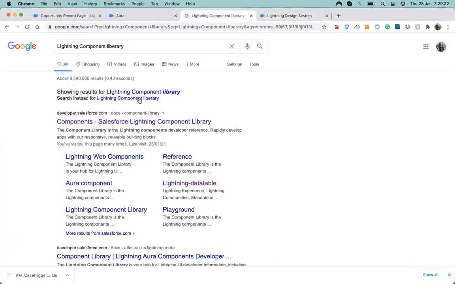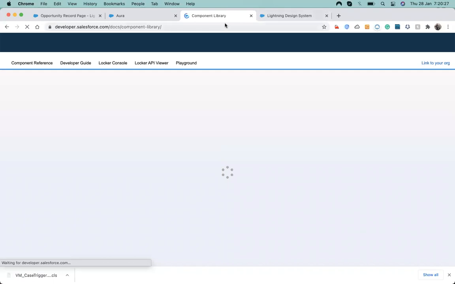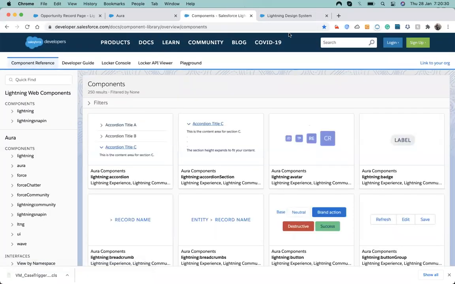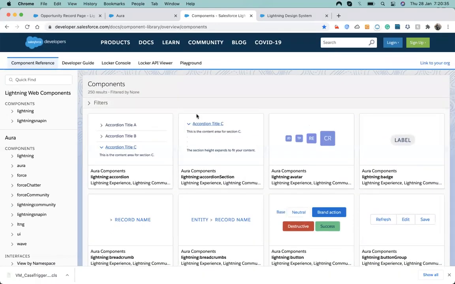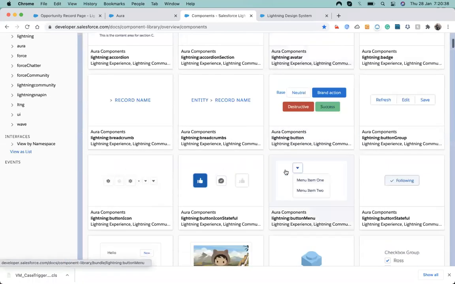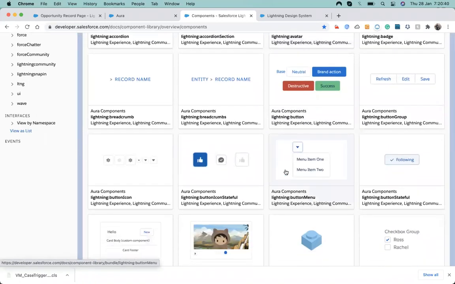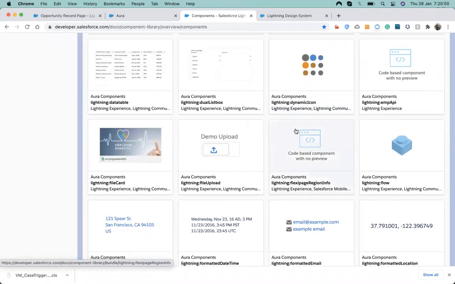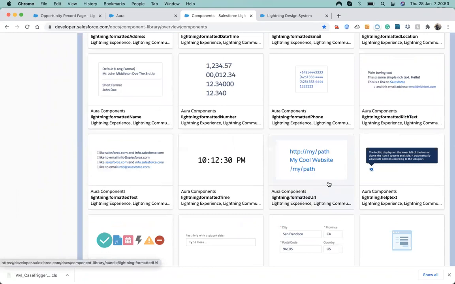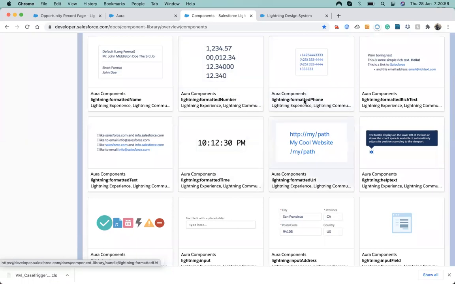Here is the component library. Let me open that component library. These two sites you always have to visit while working with the Aura component or LWC. Why are we visiting this site? Because in the component library there are pre-built components present up here. You don't have to write code to build similar things, and usually we get all the things as they are, so we get all the requirements to work with.